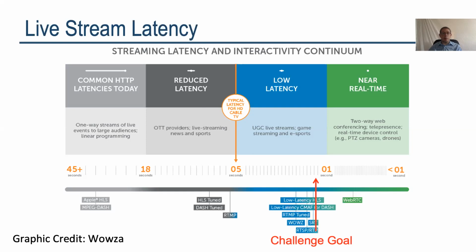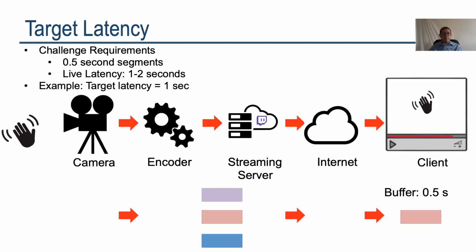HLS and WebRTC also have the ability for low latency, but there's a big trade-off between quality and latency. If you want to have a higher video quality, it's better to have more data stored in the buffer, for example, 30 seconds, to reduce the chance of the video stalling. But this means you will be at least 30 seconds behind the live stream. When we get to low latency and close to near real time, requesting a high quality video comes at the cost of stability of the stream.